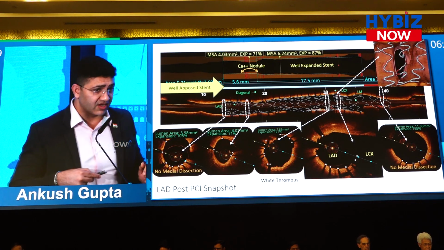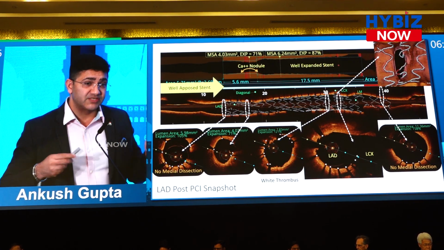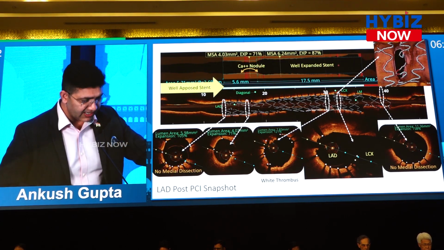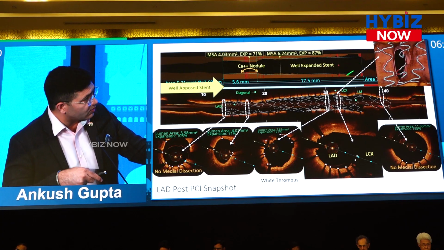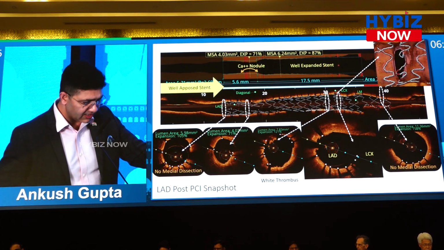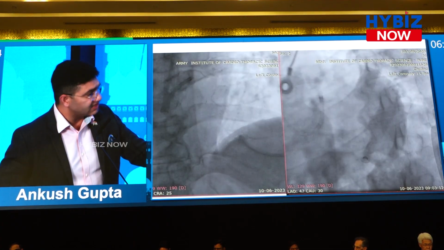In left main bifurcation angioplasty, we look at expansion, and the MSA is different at the left main as well as in the LAD. And this is the side branch ostium. You can reconstruct the side branch ostium and see whether it is a link type or link-free type of carina. I'll discuss it later.